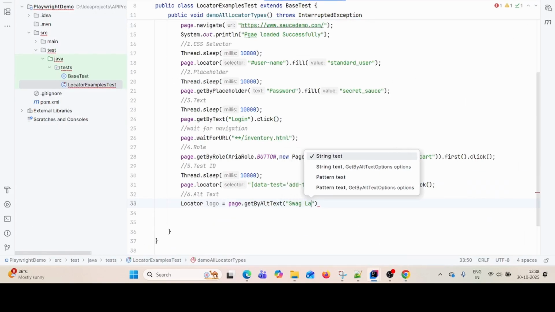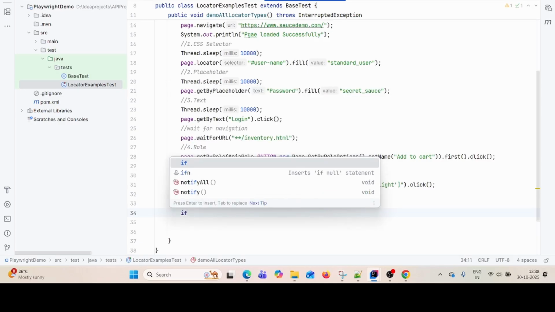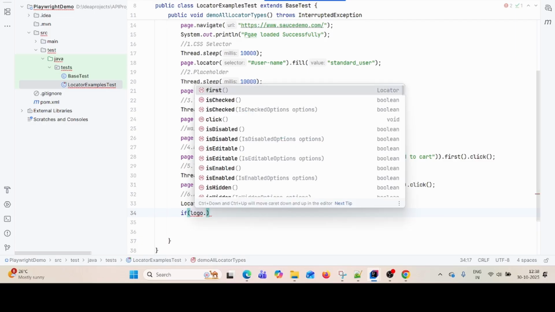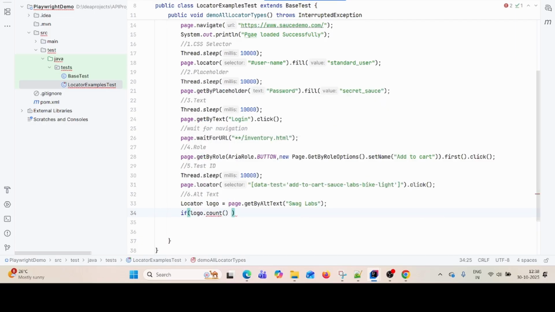Then I will write one condition. If logo dot count greater than 0,